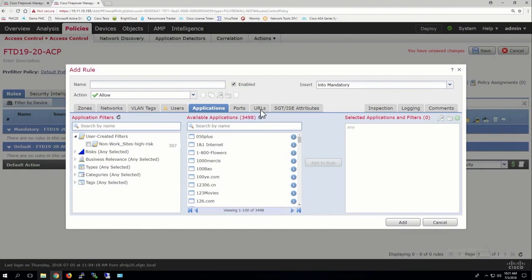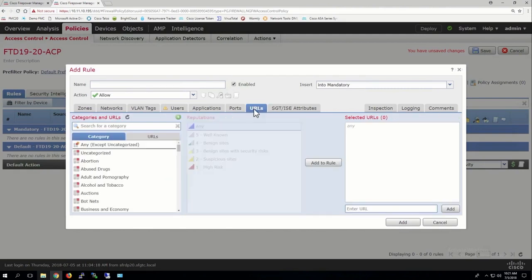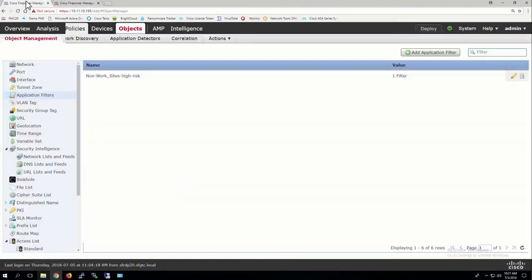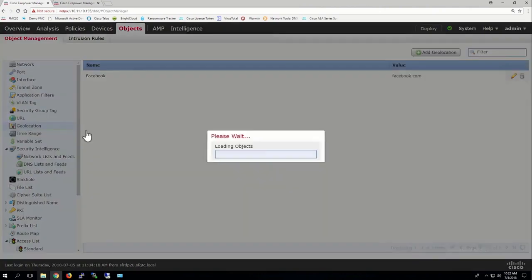But nonetheless, I could do something under URLs for that as well. And notice I have this here. I can create this here. I rarely go out here and create the objects for URLs, sorry, I'm down here. I really create them here because they're just so easy to create once I'm there in the ACP. Now, geolocation, though, I need to create from here. Notice it still has SF in there for Sourcefire. I love that in the icon, right?